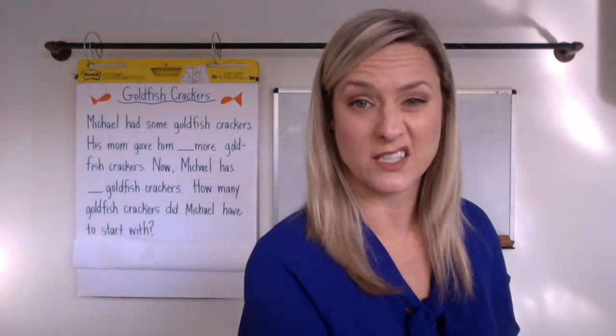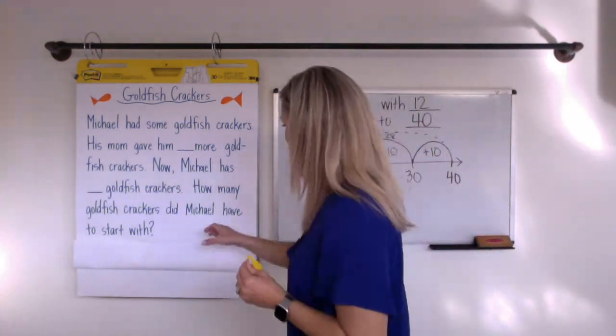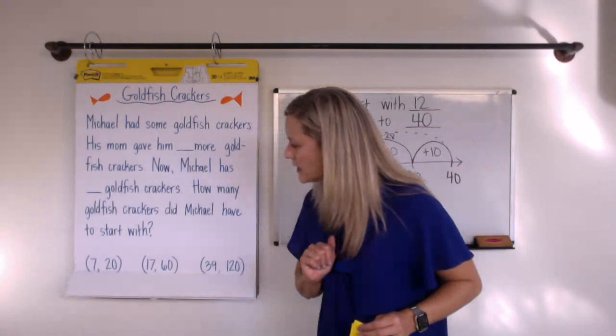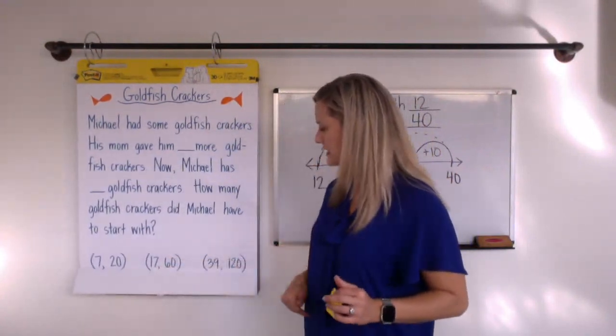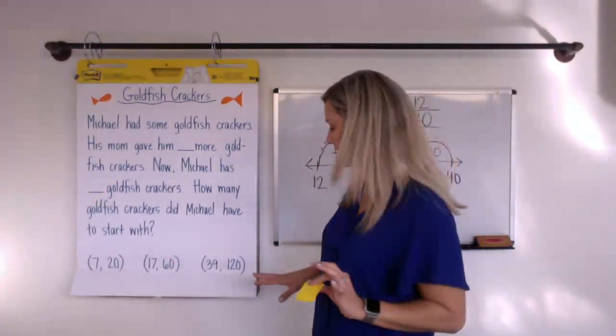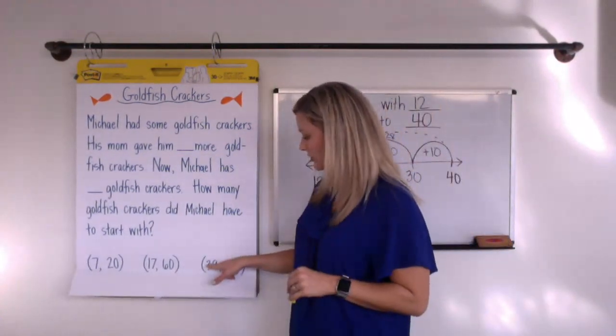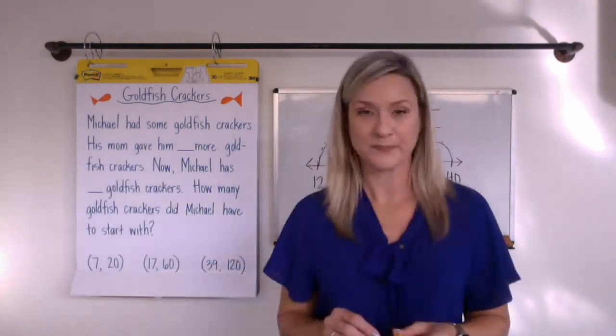Okay, let's check out our number sets and read the story with some numbers. Here we go. You might choose 7 and 20, or you might choose 17 and 60, or if you're feeling daring and you feel like your strategy is super good and you're ready for a really big challenge, you could try 39 and 120. All right, so we're going to try it with 7